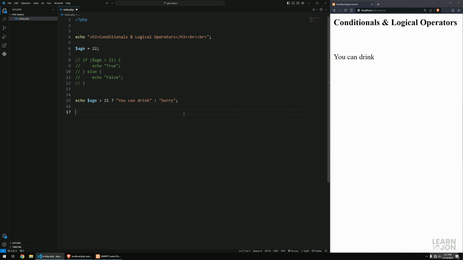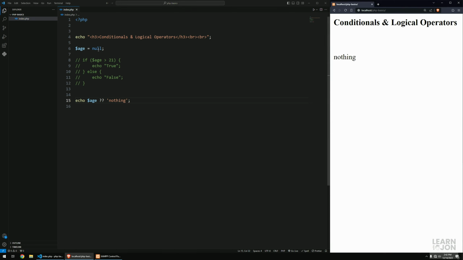And the last one in conditionals is the coalescing operator or a null operator, which is basically just a double question mark. Again, let's change this back to null. And I want to check if the age is null, then do nothing. Otherwise, give me the value of age. So I'm going to delete all of this and echo age for the start. We get nothing on the screen, right? I don't want this. I want to actually get the word nothing. So I can use double question mark and then provide the text nothing here and refresh,